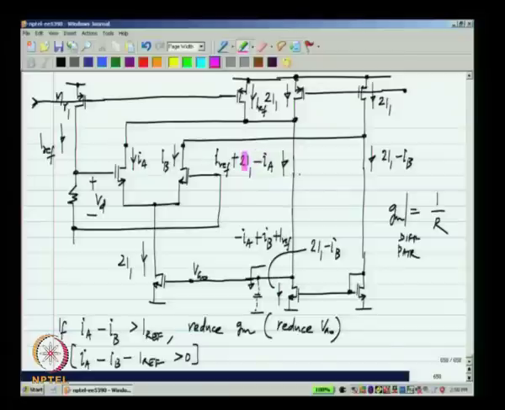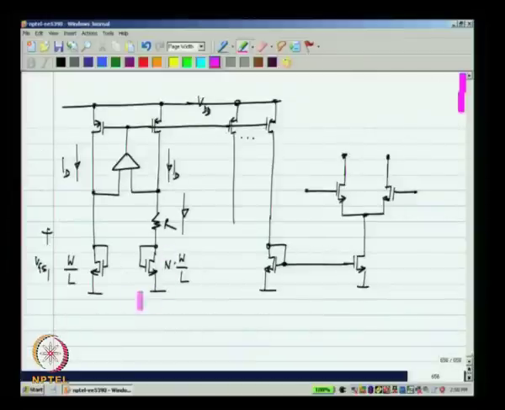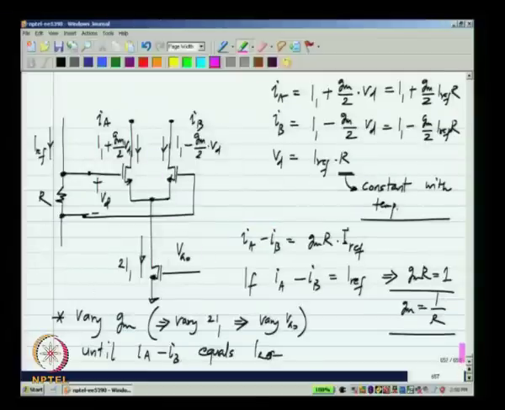Now the other thing is that finally what we will do is we will replicate this current 2I1 and maybe scale it and use it in another differential pair, okay. One of the problems with the earlier arrangement was that this transistor whose GM is stabilized to something inversely proportional to R are operating with 0 VSB, whereas these transistors are not operating with 0 VSB. So they are really operating with different body effects,